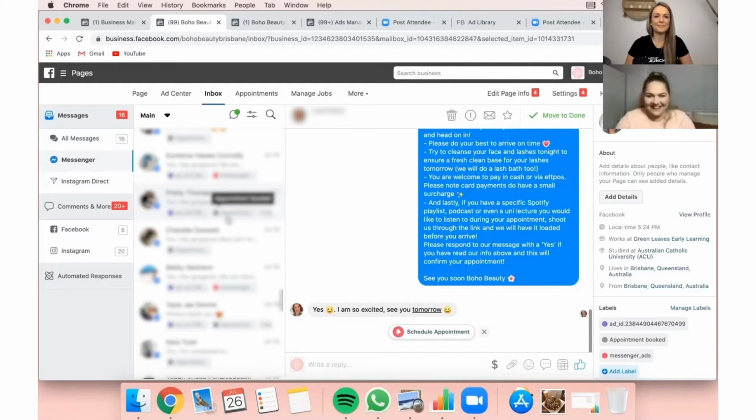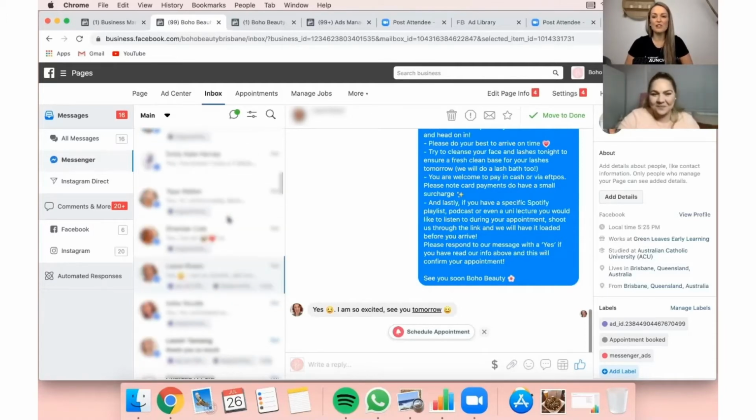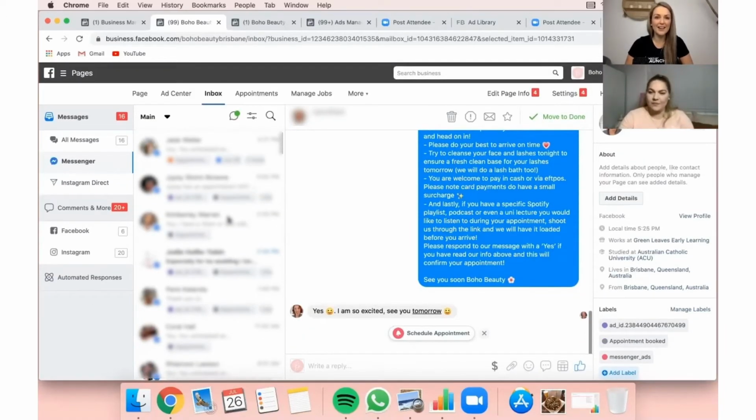Amazing. So when you're setting up Facebook ads and the purpose of the ad is to get conversions, and you have a business where you're able to book in and manage it all through the Facebook booking system, the person's not leaving the platform, so Facebook's going to prefer your ad over somebody else's. If you're in the beauty industry and just starting out and you haven't built your website yet, you can absolutely still kick off your business and get bookings, and just manage it all through the Facebook booking. Yeah, absolutely.